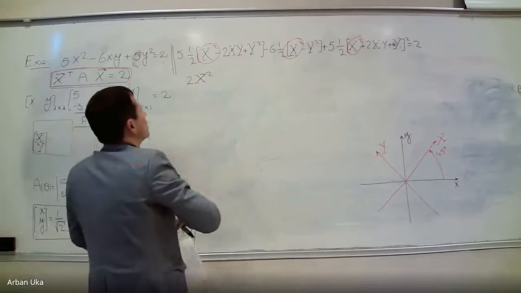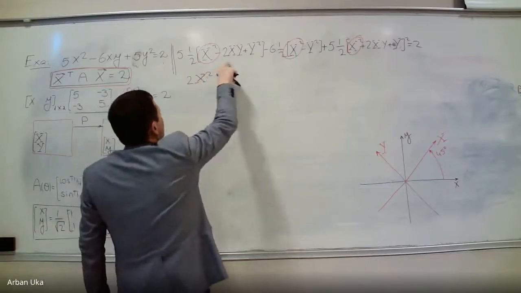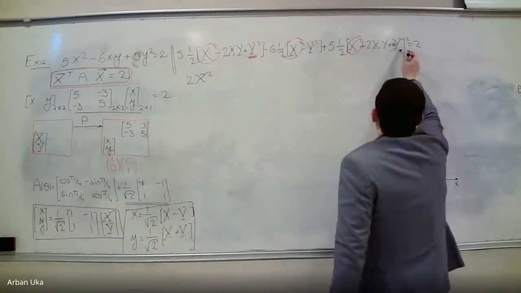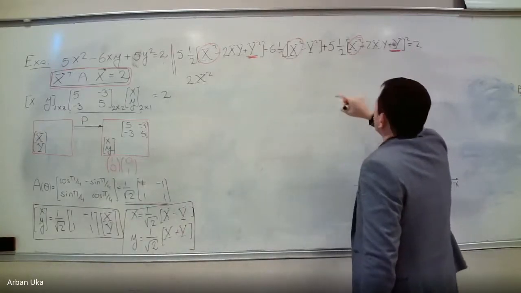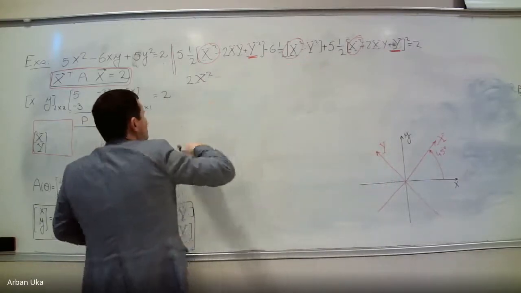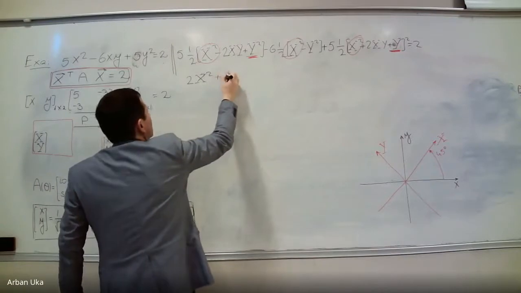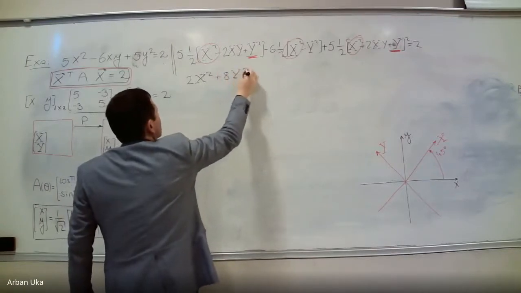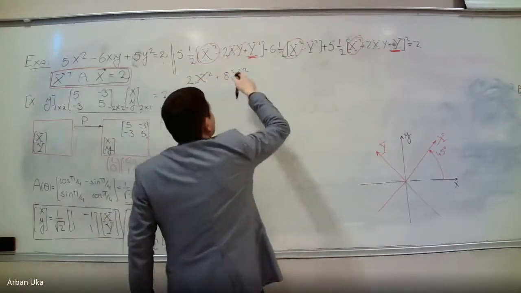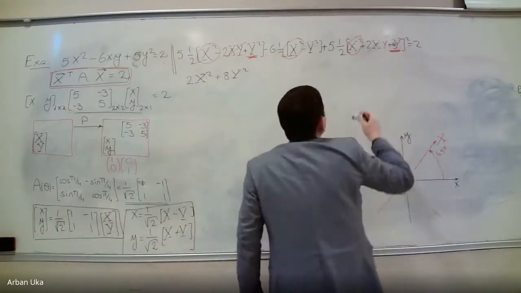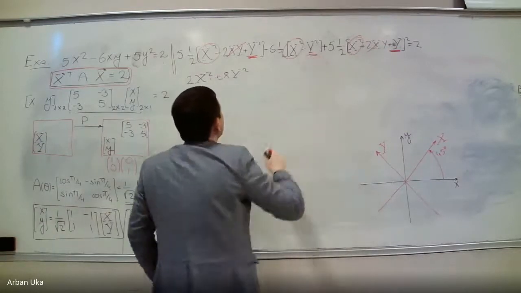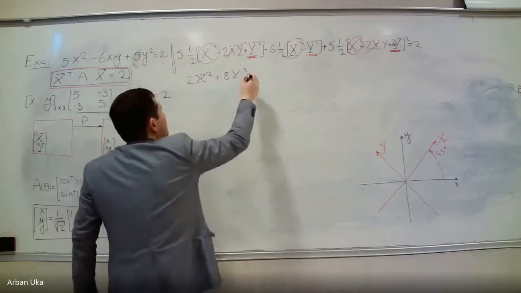And then let's have a look at y squared. Here we have 5 over 2 y squared plus 5 over 2 y squared. We get 5y squared plus 3y squared, so plus 5 plus 3. This would be plus 8y squared. And here, this minus 2xy times 5 over 2, this is plus 2xy, so they cancel out. So these are all the terms that we have in here, and this is all equal